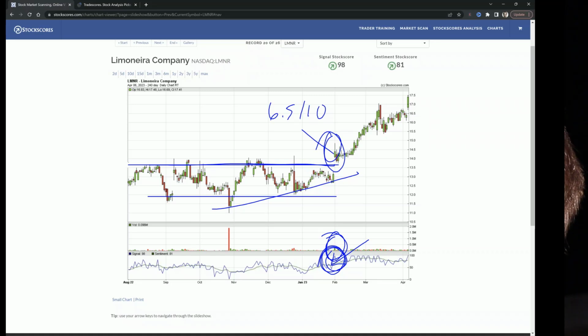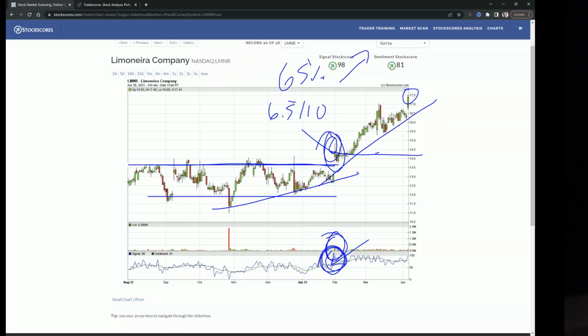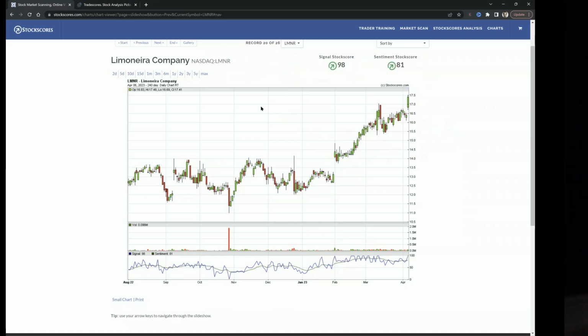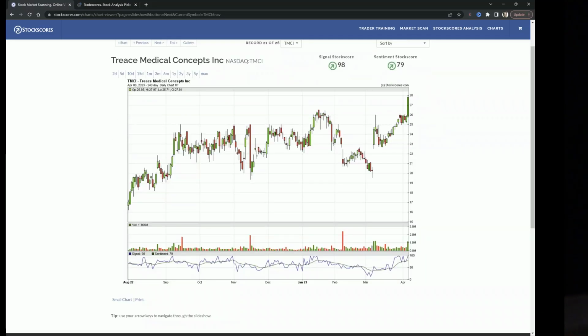The reason it wasn't a 7 is because it had a bit of a long tail on that breakout, which means that people were selling into the strength. But it was still pretty good. When I say 6.5, I mean 65% chance it's going to go up. And it did go up. 1450, now 1750. No reason to sell. It's in a good upward trend, but I wouldn't buy it here. It'd be a chase. Next one.